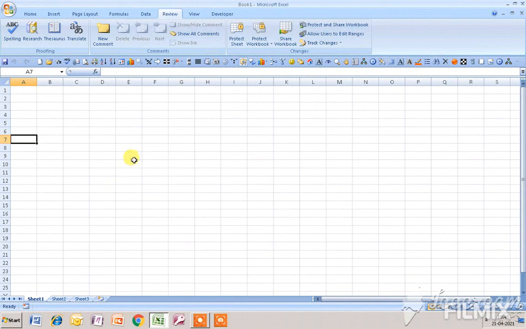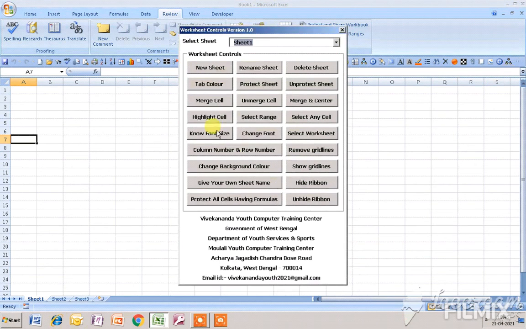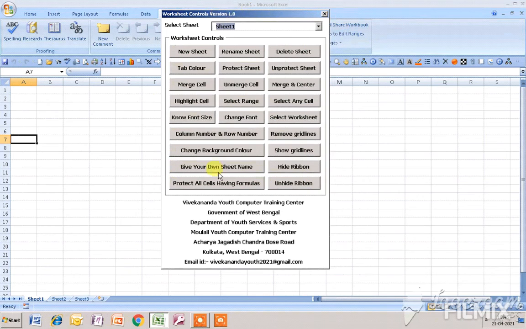First of all I will show you how it looks. It looks like this. You can see worksheet control version 1.0. If I click here, you can see it looks like this. It is the worksheet controls, and there are 23 buttons over here, and each and every button has its individual use.